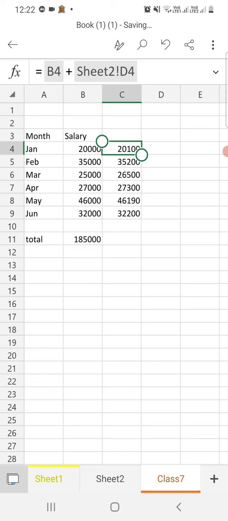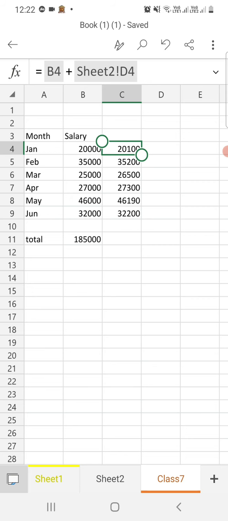I have told you in first class that in Excel, when we are writing a function or formula, it will always begin with an equal to sign. Function name must be a valid Excel name, that is sum function, average function, max function, mean function, all the functions that are valid in Excel. So we need to select those names from valid Excel names. Those are already valid in Excel.